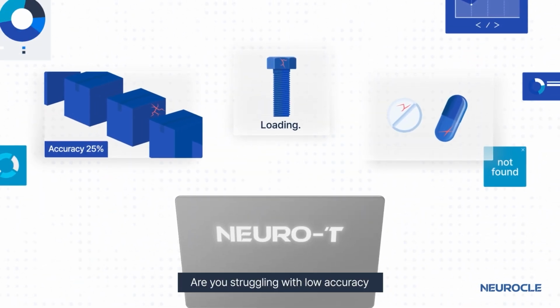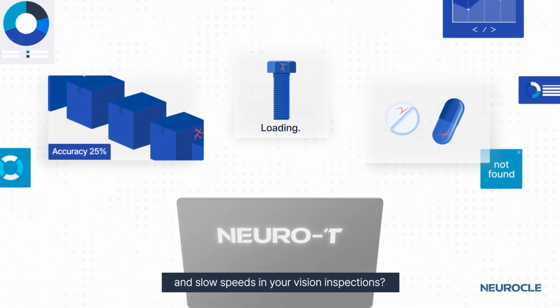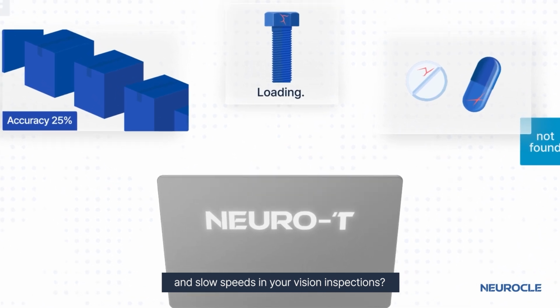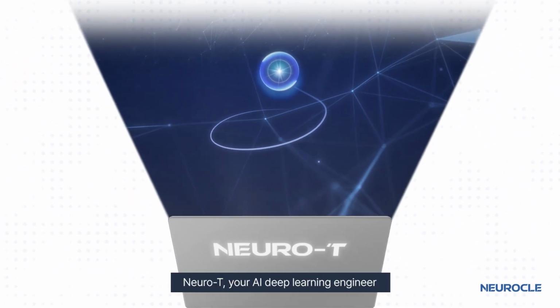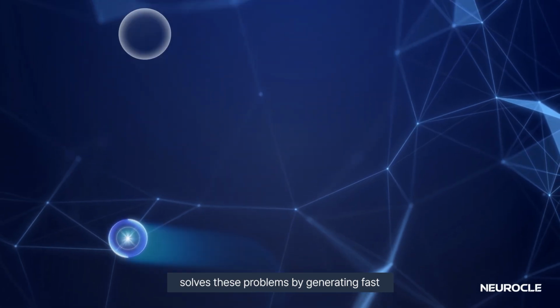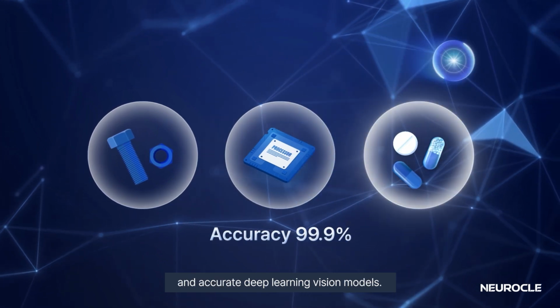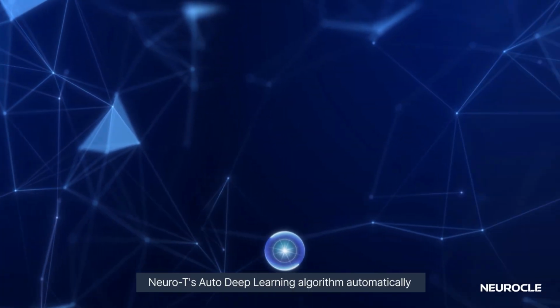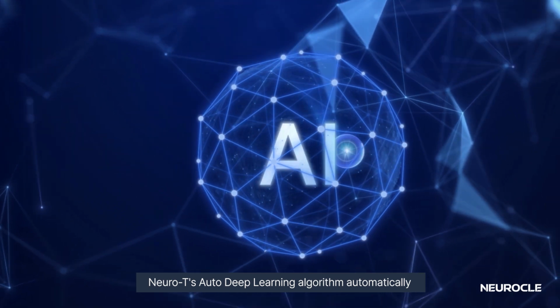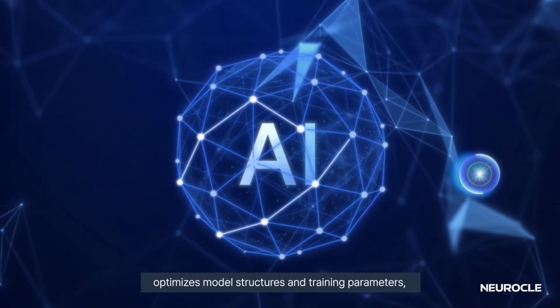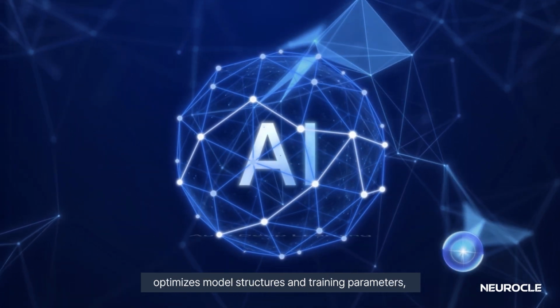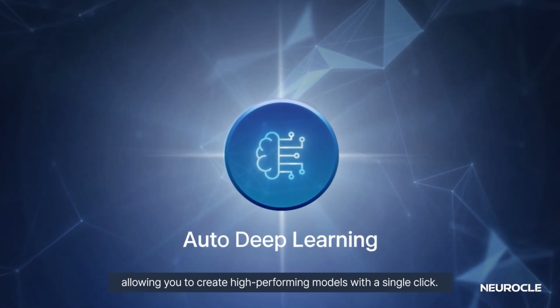Are you struggling with low accuracy and slow speeds in your vision inspections? Neurocle, your AI deep learning engineer, solves these problems by generating fast and accurate deep learning vision models. Neurocle's Auto Deep Learning algorithm automatically optimizes model structures and training parameters, allowing you to create high-performing models with a